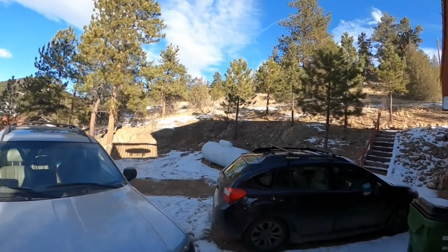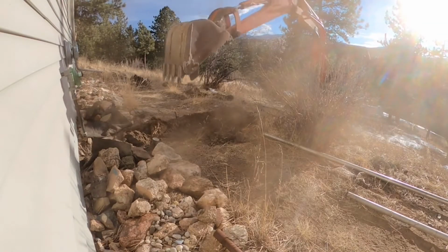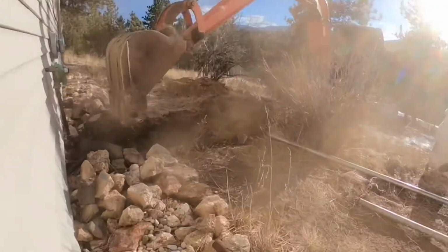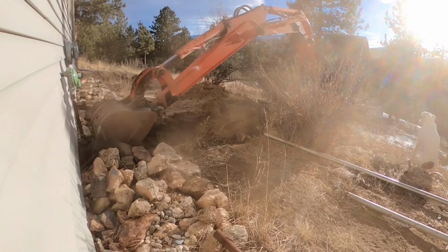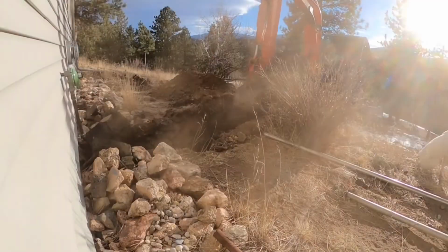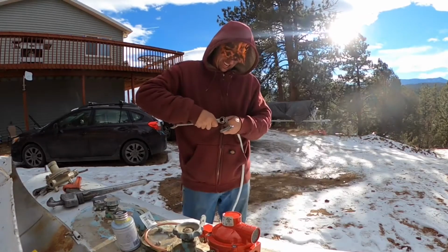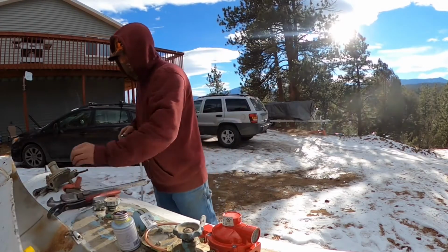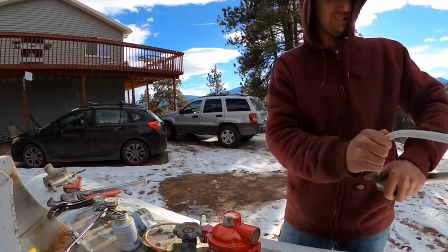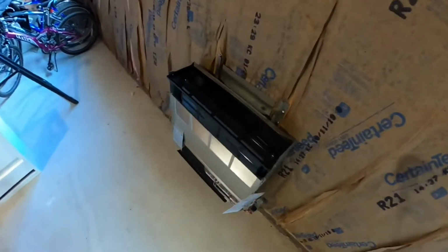Another video on, but the only place I could put it was right there. Already. Gas line needs to run to the top of that. They're pretty simple. Two studs and put a cap on the outside. Okay, so